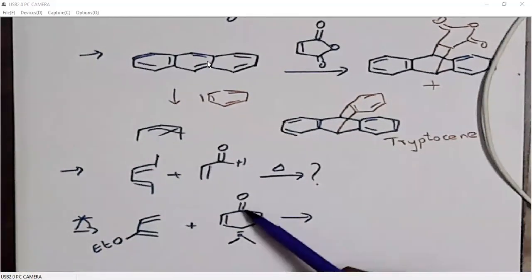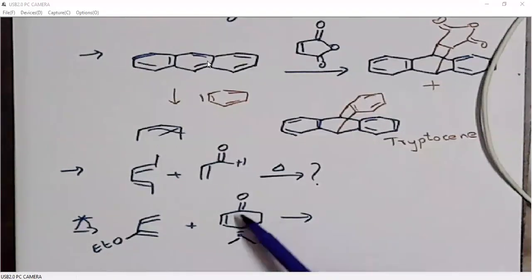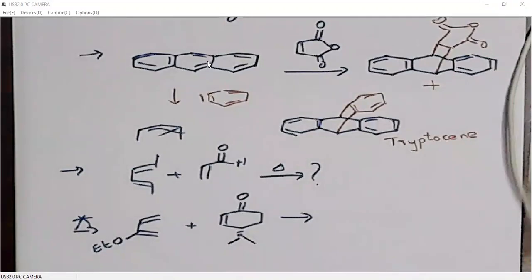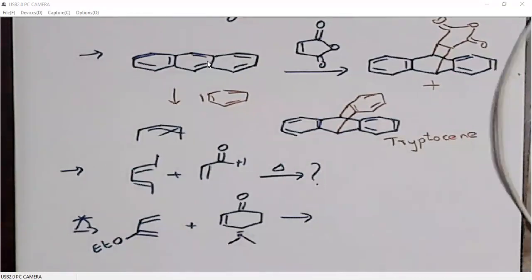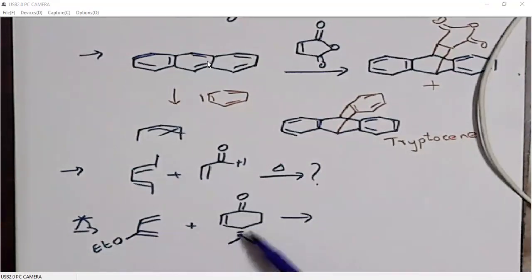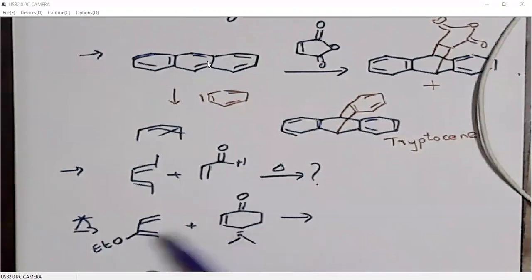Because of this carbonyl, it is possible to have endoselectivity. That means this alkyl group and this alkyl group, these two bonds must be represented below the plane, right? But see, here we have a substituent isopropyl group which is below the plane, right? So because of secondary orbital interaction, these two alkyl groups and this carbonyl must be below the plane. Then only it is possible for this carbonyl to have secondary orbital interaction. But a sterically crowded substituent, the isopropyl group, which is already below the plane, will create a steric problem.